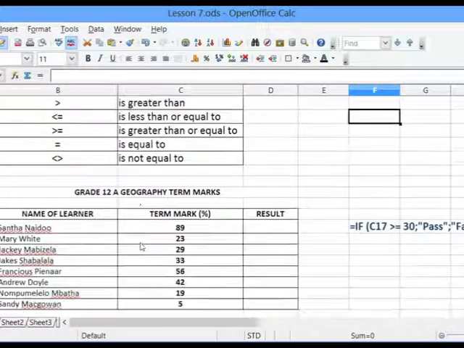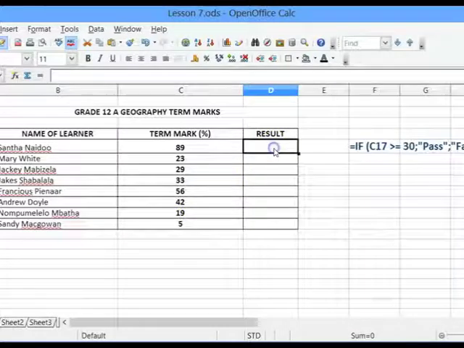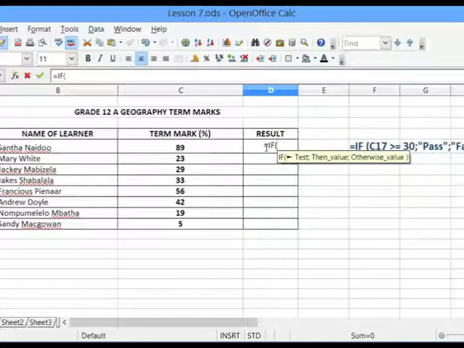Let us look at our example for the grade 12A geography term marks. Now I want to determine whether a learner has passed or failed, and in the result column I want to put in a value of pass if the learner has passed, or a value of fail if the learner has failed. So I go to cell D17, I type equal to, my function name is if, open bracket,